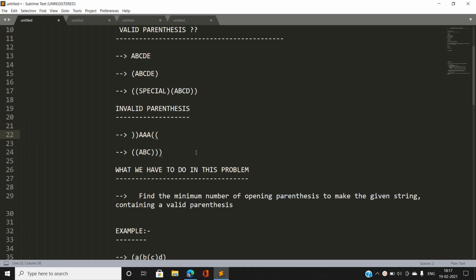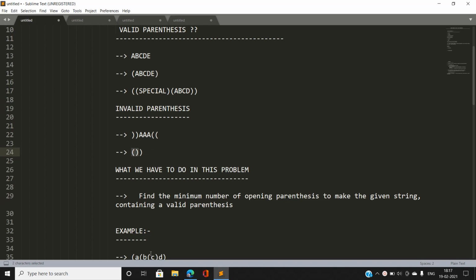Consider this example. Note that this is an example of an invalid parenthesis string. Why is this an invalid parenthesis string? If we consider these two inner parentheses, this is a valid parenthesis string. If we erase this, you can see there is also a valid parenthesis string.